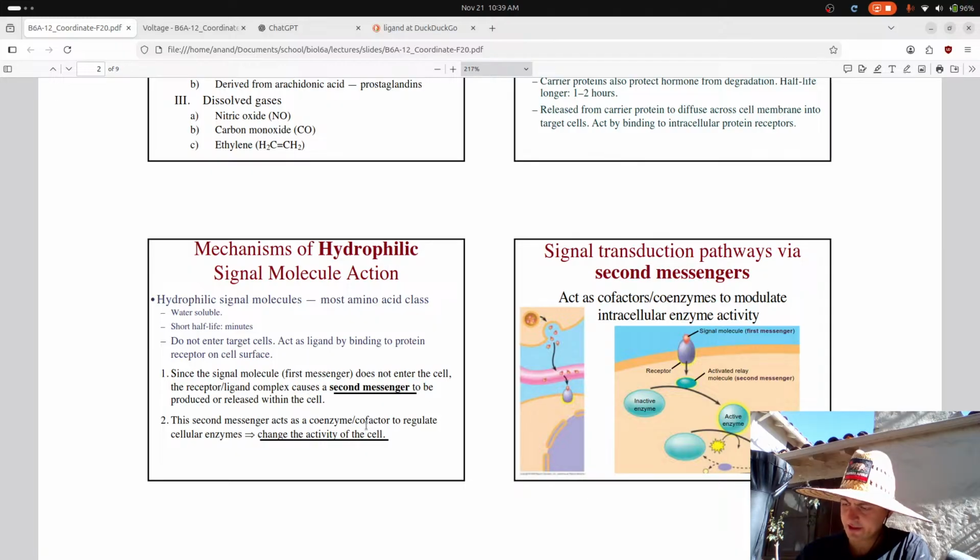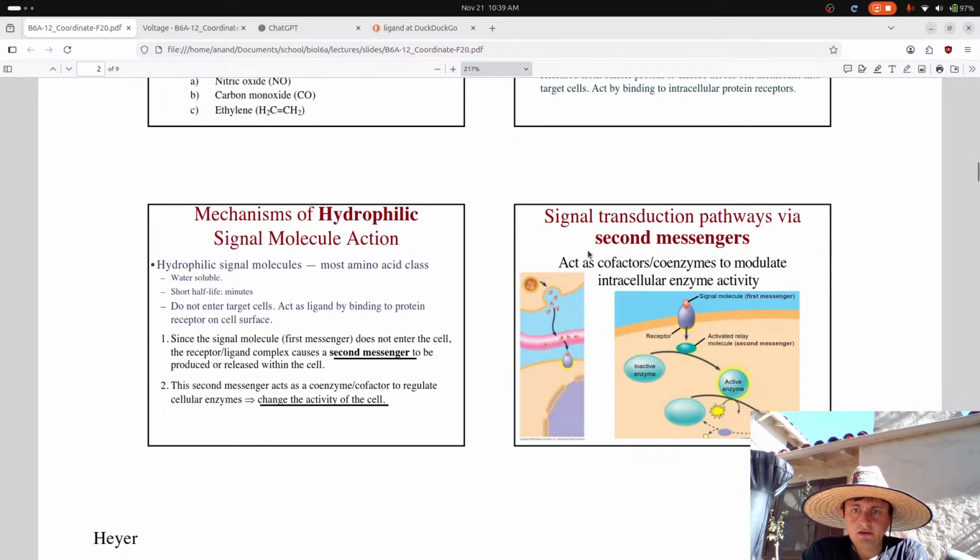As coenzyme cofactor in regulation of cell enzymes. Okay. So we have